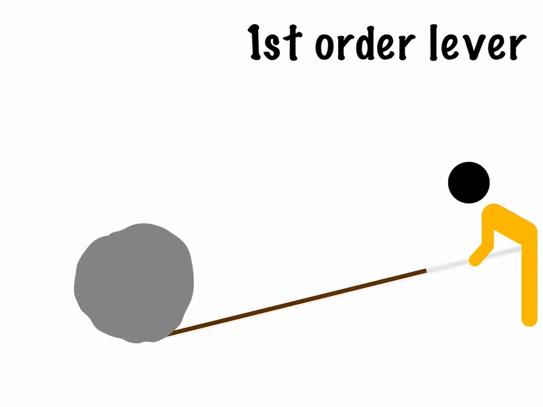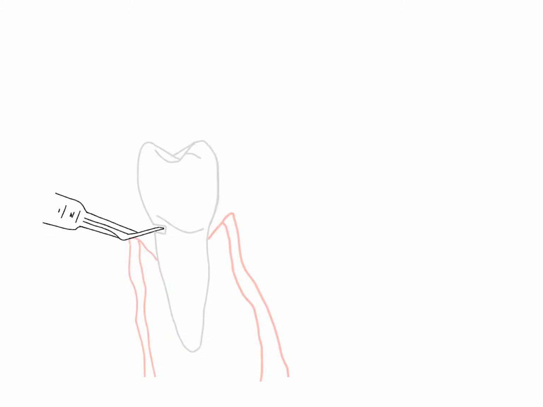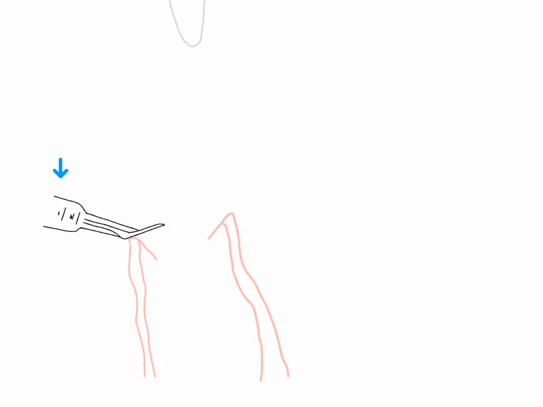Next, about lever principle of first order. Lever is mechanism by which modest force is transmitted at long power arm with fulcrum in the middle so that mechanical advantage is derived at short weight arm. In the case of extraction, power arm is represented by handle, alveolar crest as fulcrum, and weight is represented by the tip which grasps the tooth.